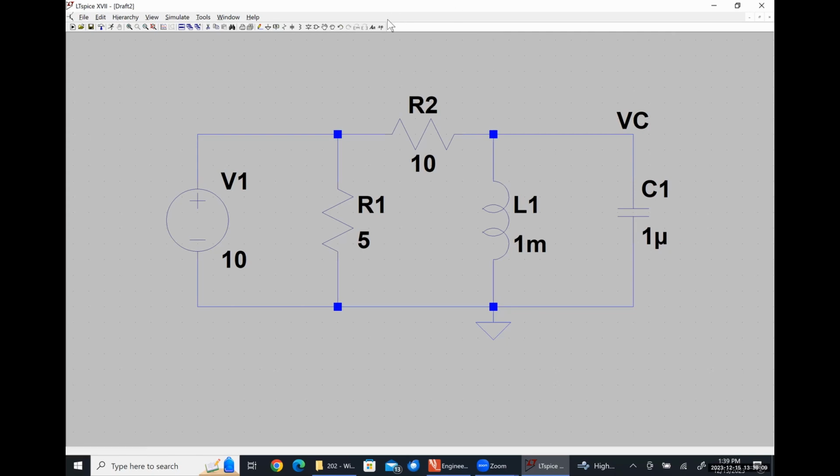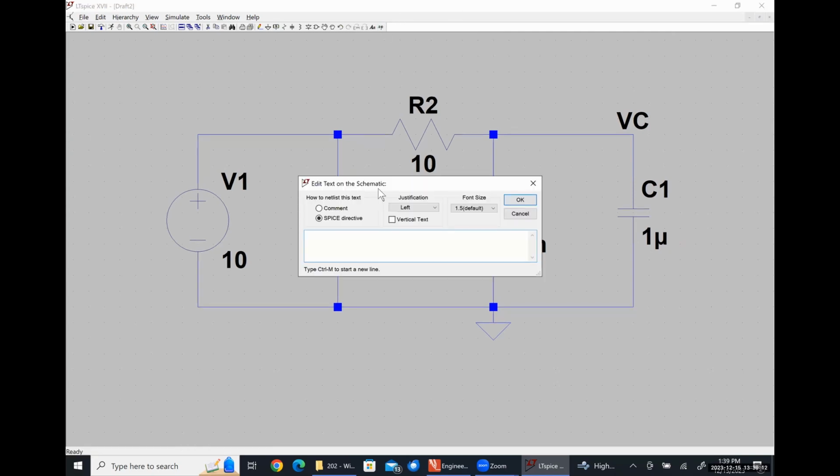All right, so I need to include the initial conditions on my capacitor voltage and my inductor current. So I've opened up the Spice command menu, the thing that says .op up here. I clicked on that, and I'm going to put in .ic. It doesn't have to be uppercase, but I'm just used to doing it that way. V, open parentheses, VC. So I'm saying the voltage at node VC has an initial condition of 0